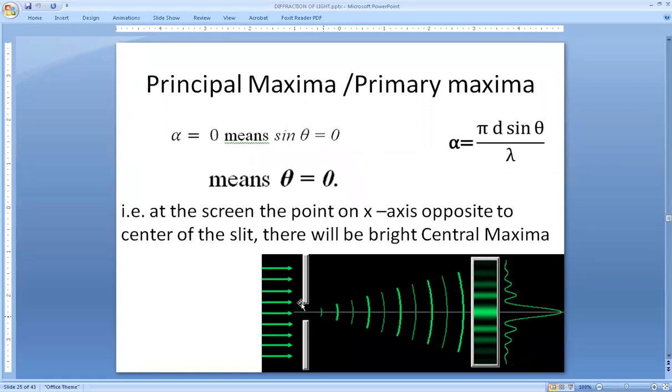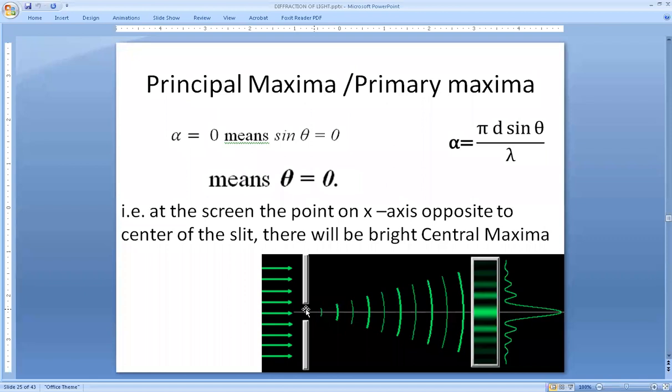Now please try to understand, this is the slit and from here the rays are coming like this. And the rays are making an angle theta with respect to the horizontal. So the worst case of theta can be a maximum of 90 degrees. Light cannot go back, right? Light may bend this way, only bending but not reflecting back. So theta can be at most 90, so 0 to 90 degrees. Sin theta being 0 is only possible with theta equal to 0, the only physically possible condition here. That's why we are taking theta equal to 0 here.